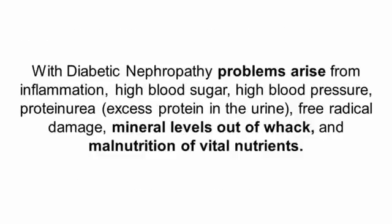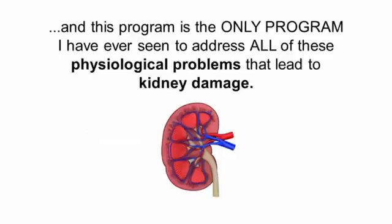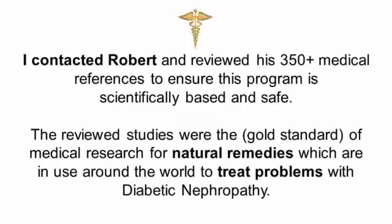With diabetic nephropathy, problems arise from inflammation, high blood sugar, high blood pressure, proteinuria (excess protein in the urine), free radical damage, mineral levels out of whack, and malnutrition of vital nutrients. And this program is the only program I have ever seen to address all of these physiological problems that lead to kidney damage. I contacted Robert and reviewed his 350 plus medical references to ensure this program is scientifically based